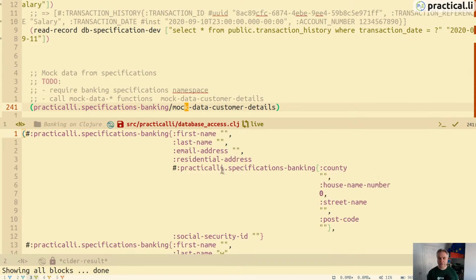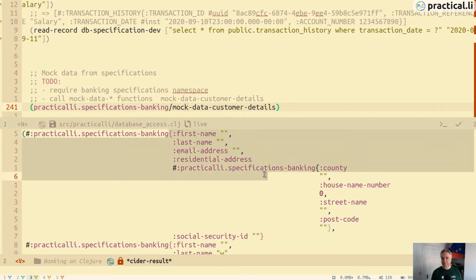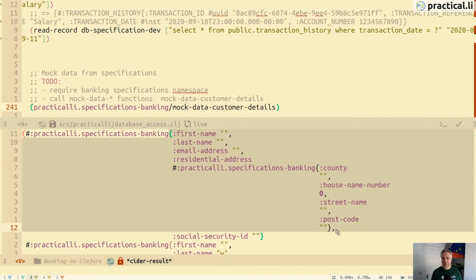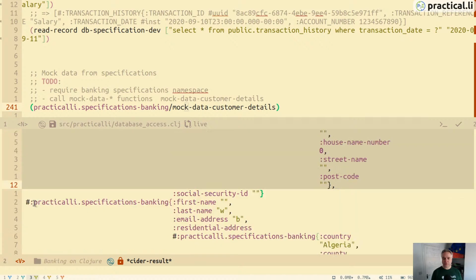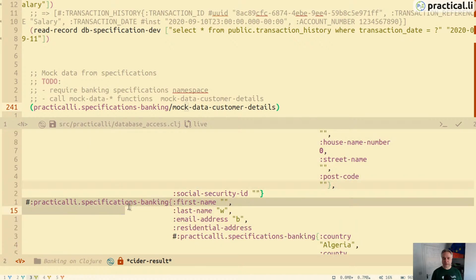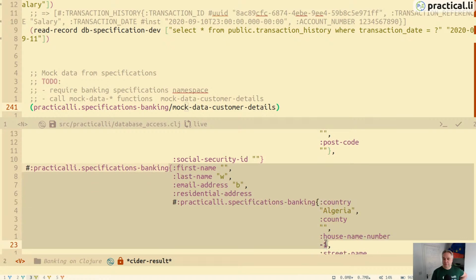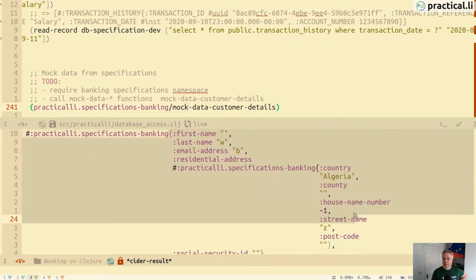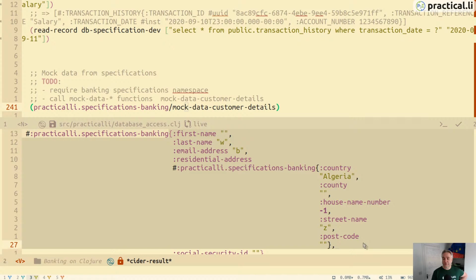And so this is generating maps with sample data in here. So it's generating a sequence of them. You can see each one's qualified by the domain that the specification is from. So we don't need that, but we can get the map data from there and use that to test our database